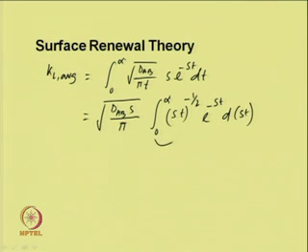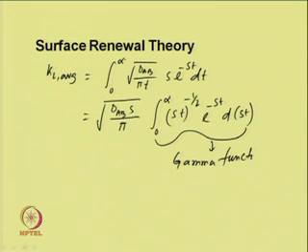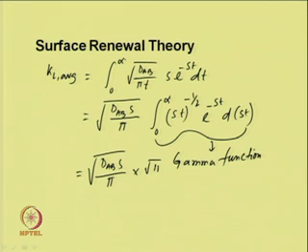So, this is known as the gamma function. So, this is equal to root over D_AB S by pi into root pi, which is equal to